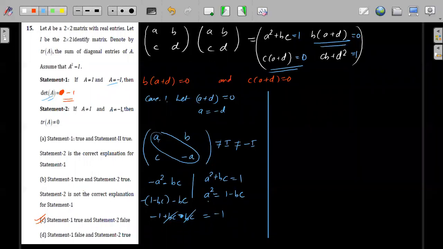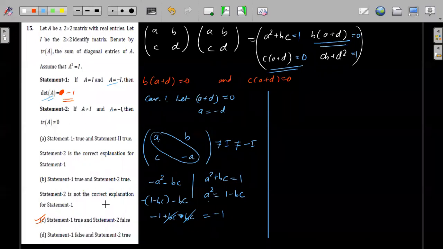Why am I saying this? All the statements are very definite: statement 1 is true, statement 2 is false; statement 1 is true, statement 2 is true, and statement 2 is the correct explanation for statement 1; statement 1 is true, statement 2 is true, statement 2 is not the correct explanation. They are not saying anywhere that statements 1 and 2 both are false. So that means if one case satisfies, that is the correct answer. You do not have to check for case 2.